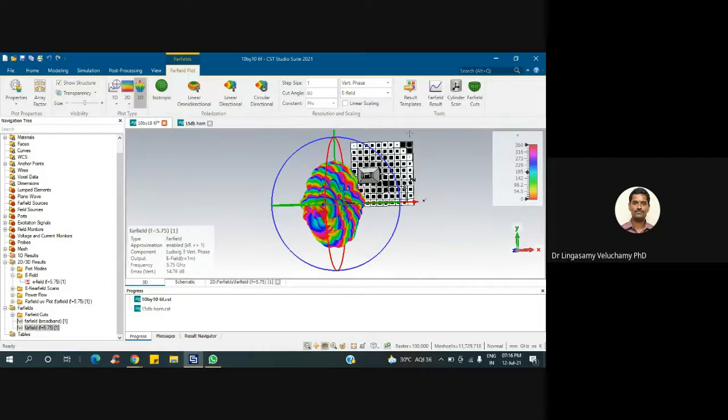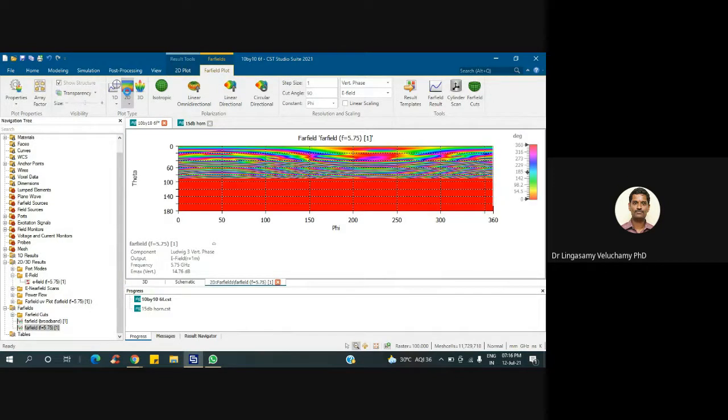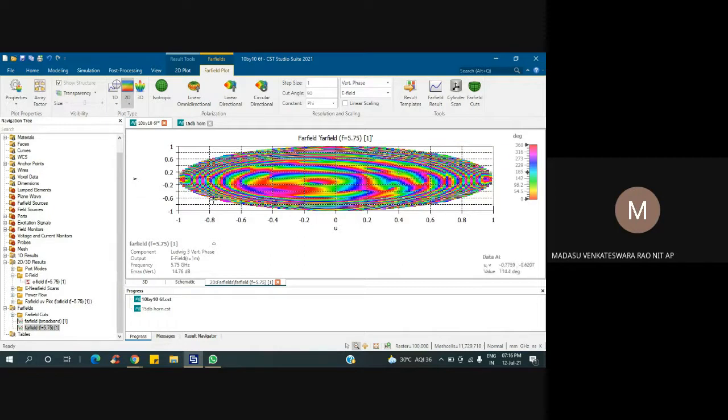Can you go to 2D? No, not this. Next one. Auto projection. This is the face. Vertical face you have given, right? But sir, position we have to see, right? This is just about the position. So this is the one you are getting, face distribution.